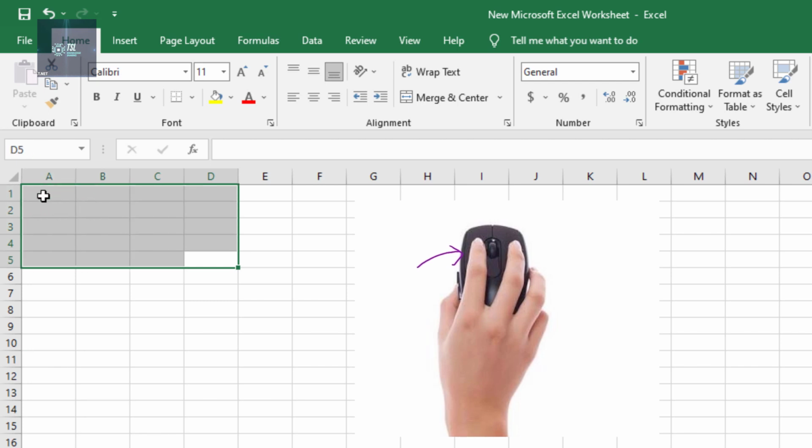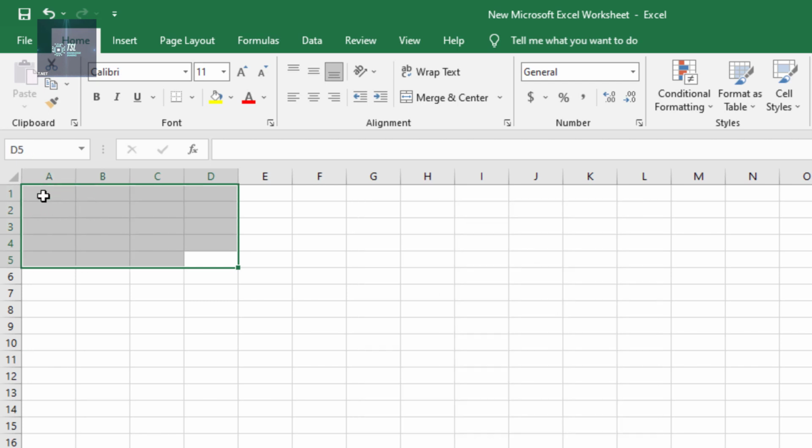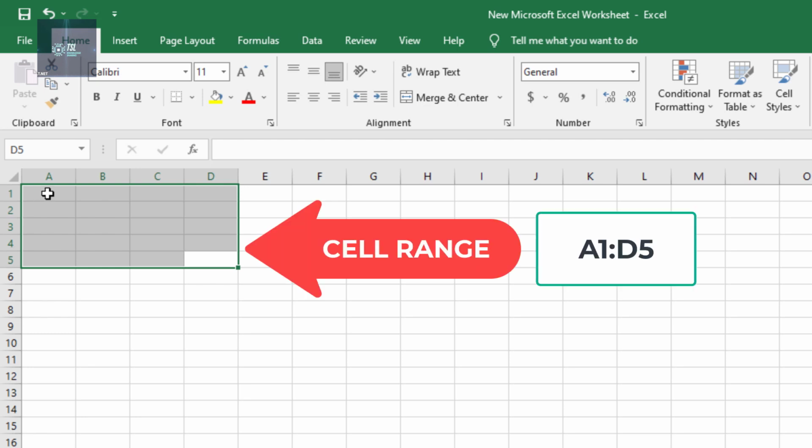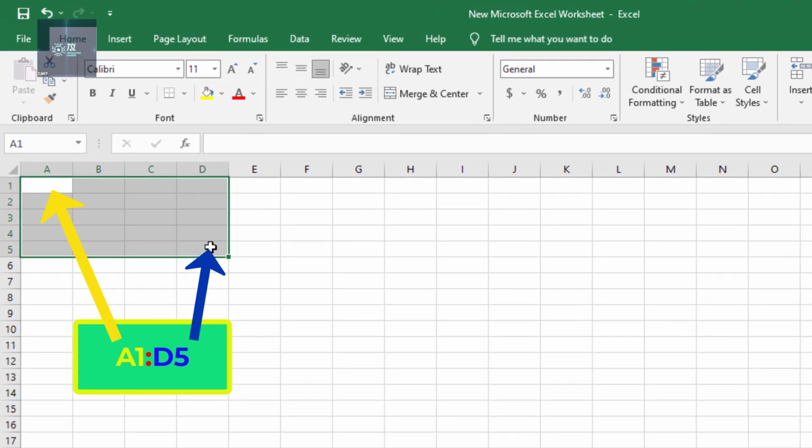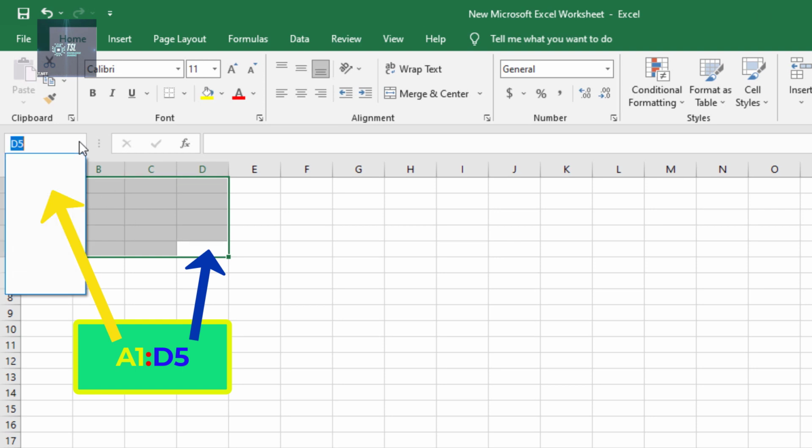Click and hold the left mouse button. You should see several cells highlighted. This is referred to as a cell range and is documented as A1:D5. Any two cell locations separated by a colon are known as a cell range. The first cell is the top left corner of the range,